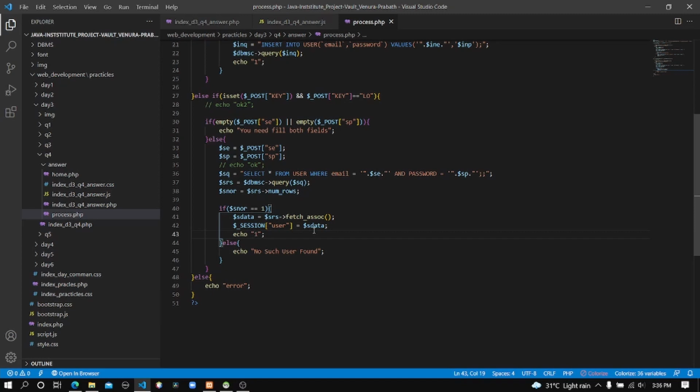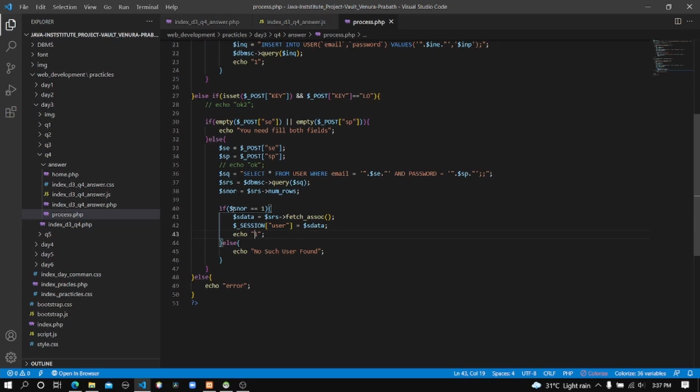So I created a new array called user and appended the sdata. Sdata means the associative array which contains the values of our result set, and I append those values into the session variable called user.